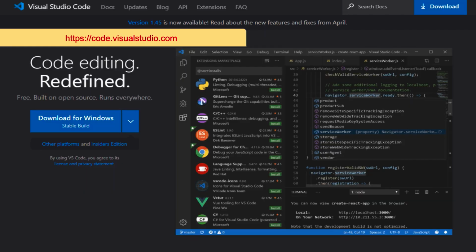Now the next thing that I would recommend that you have is some sort of IDE. You are free to use any IDE you are comfortable with, but in this course I will be using Visual Studio Code. Visual Studio Code is really a nice IDE, it is very lightweight, and it also comes free for Mac, Windows and Linux. Now if you already have an IDE that you are used to, that is not a problem. You can go ahead and use whatever you are used to. But in case you don't have an IDE already installed on your computer, or you would like to use what I am using on this screen, feel free to get yourself a copy of Visual Studio Code.